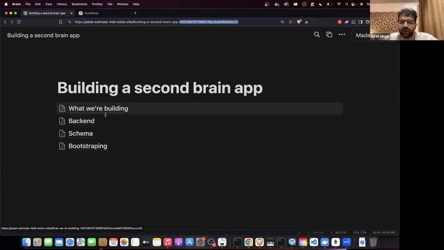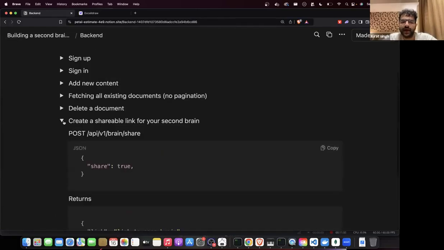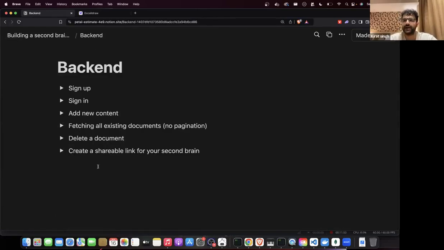Akash, can you write that in the Notion doc? That endpoint will be कि जब कोई random बंदा आया and they want to fetch my brain, they can fetch it by the shareable link. So try to design the schema. नहीं तो अभी आ भी जाएगा यहाँ पे. Akash will put it over here. That is what we are building.